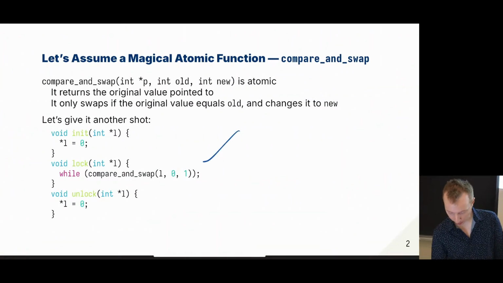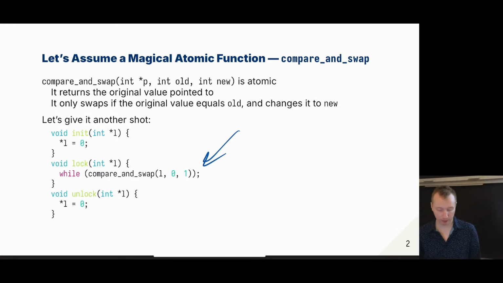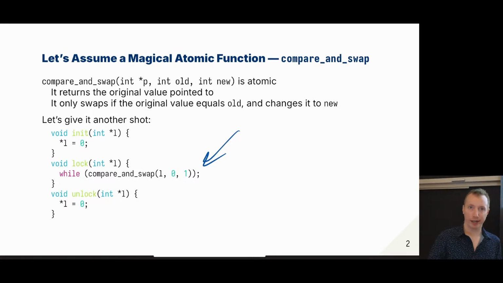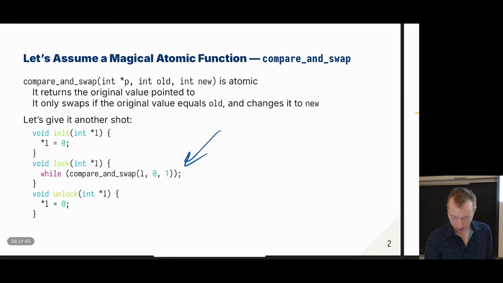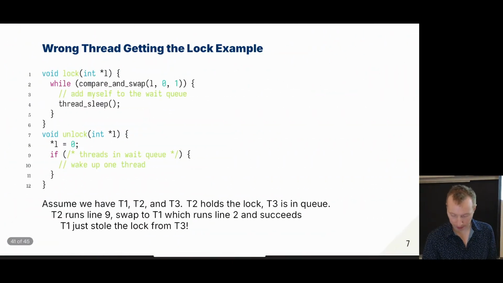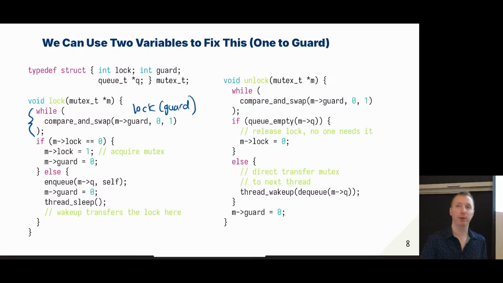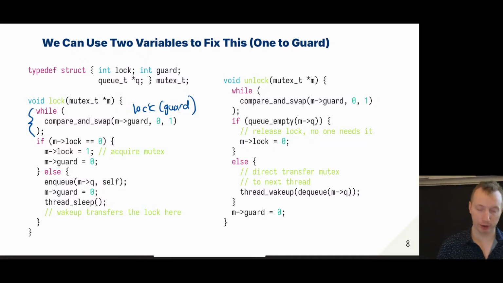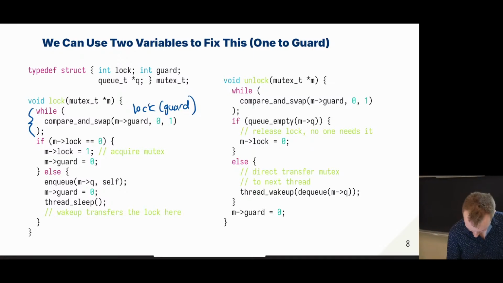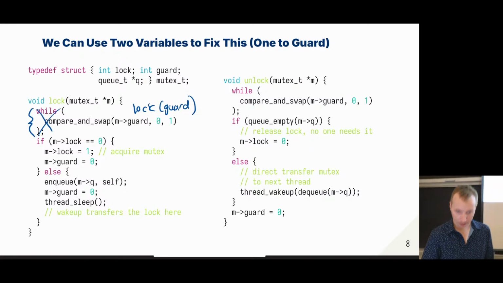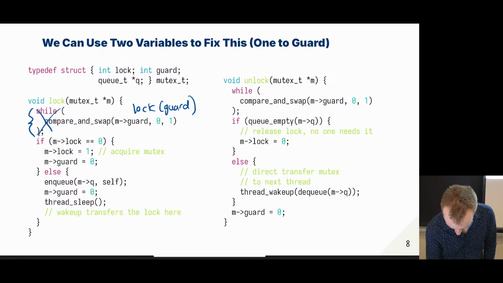That was what I had way before originally. So this was my proper implementation of a spin lock where it worked. It had some issues, but turned out it actually worked fairly well. So I'm just using that, and I'm only using it internally here. So I'm only going to use this guard to implement my lock and unlock. So this whole while loop here is essentially a lock of the guard. This setting the guard to 0 is basically an unlock of the guard,